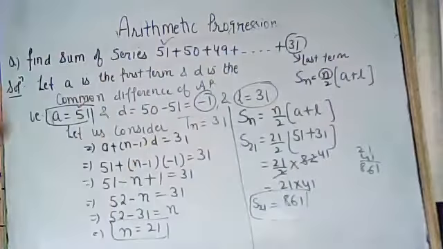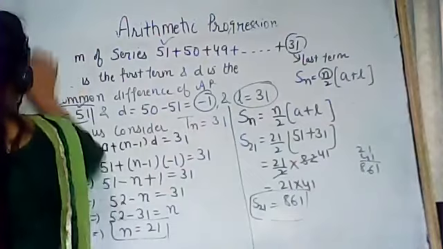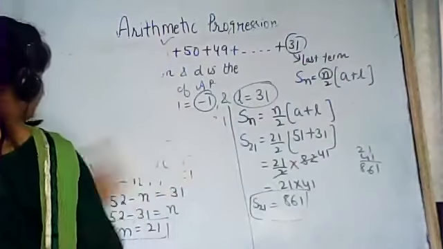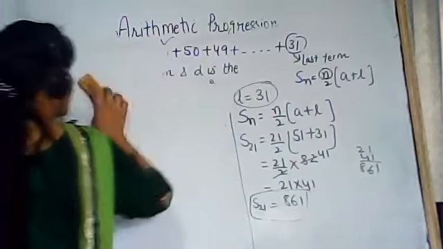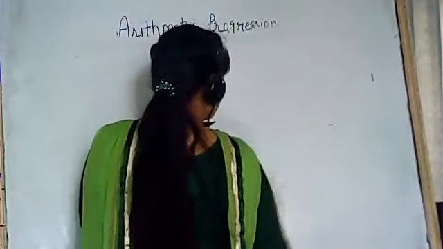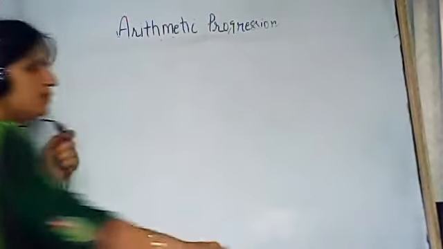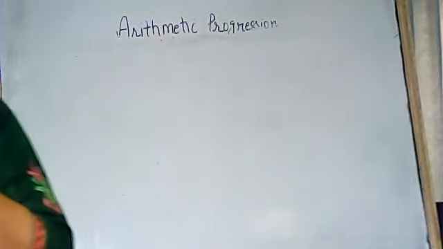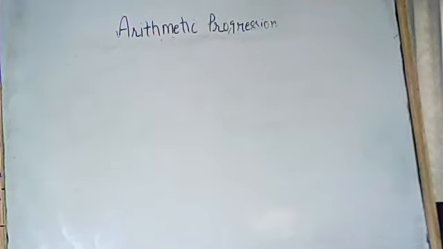Okay, students, so let us discuss our next question. Now, in the first and second example regarding the sum of arithmetic progression, the sequence or series is already available in the statement. But in the next example, we have to construct the sequence or series. Now, the sequence or series will not be given. So let us note down the next question.